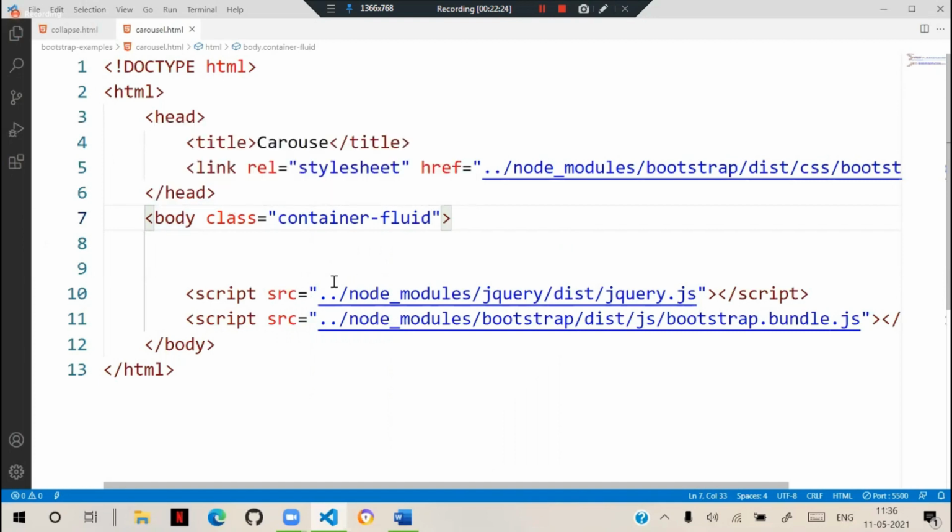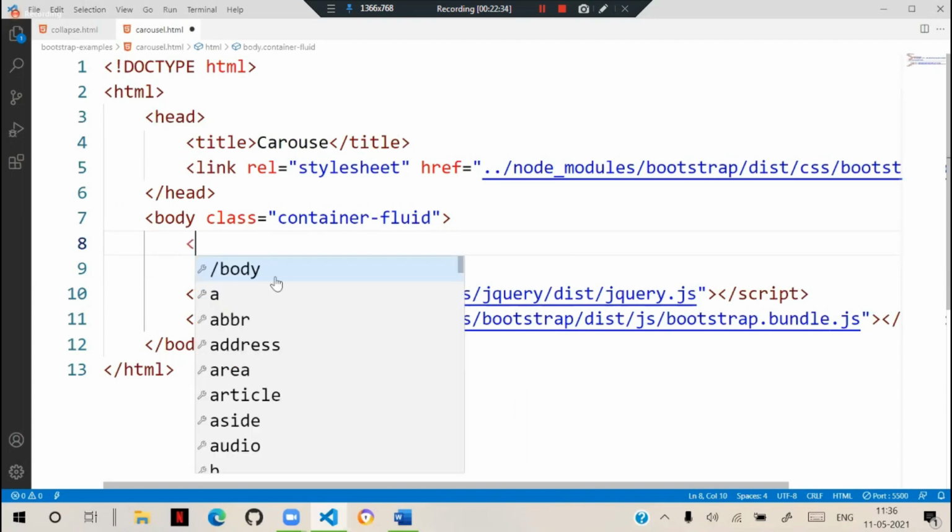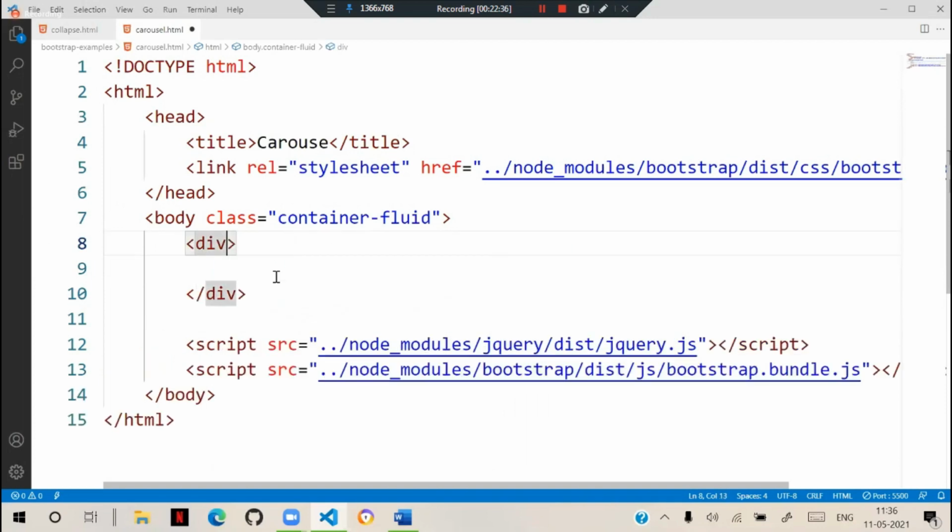Now here we will add the carousel. Generally, we need to keep a carousel in a div, and we need an ID for this, something like top banner or carousel demo. Let's say top banner.